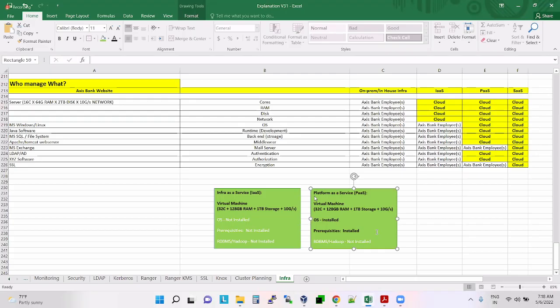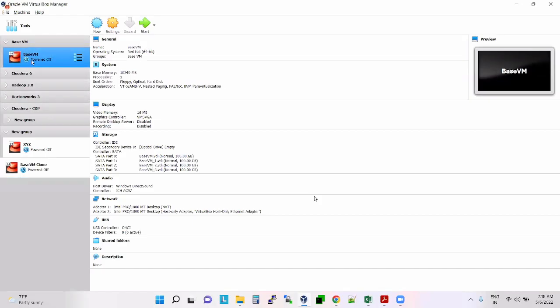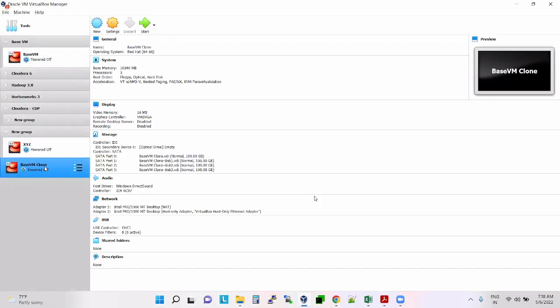Understood? So this is the best example, guys. Here, the base VM: if you clone it, the base VM is already installed with OS, Java, MySQL, and other prerequisites, the Hadoop prerequisites.